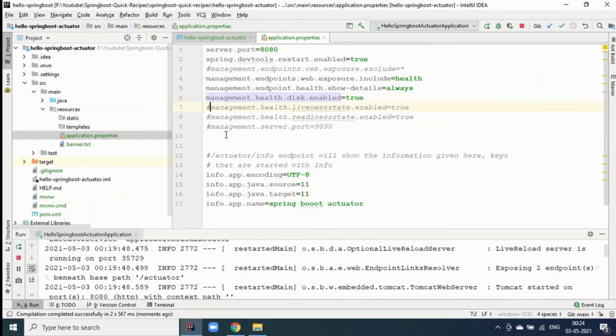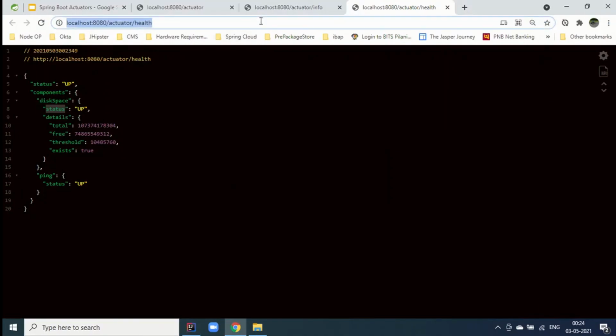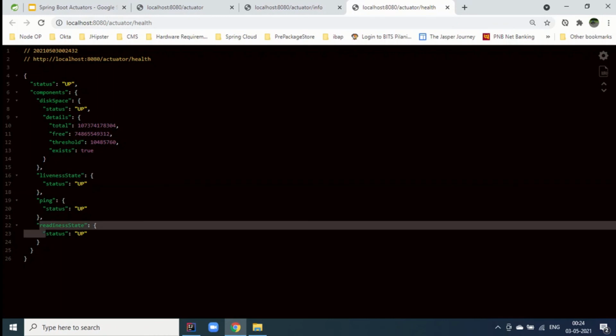Okay, so the next few properties are the application availability state. These two properties are very useful for the containerized environment. For example, for Kubernetes probes, you will need these two properties to check the status of the application for liveness or readiness. Let's see in action. Yeah, application is up. We can check it. See, just by the configuration, we are able to see that much detail, and these details are used by other applications for monitoring.